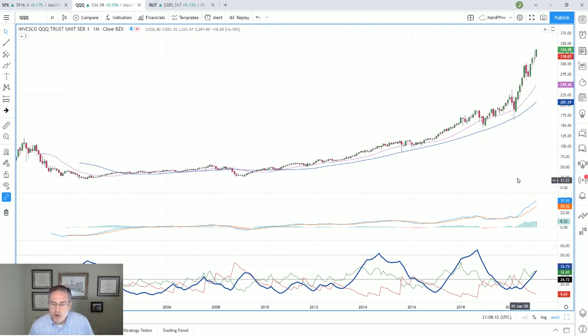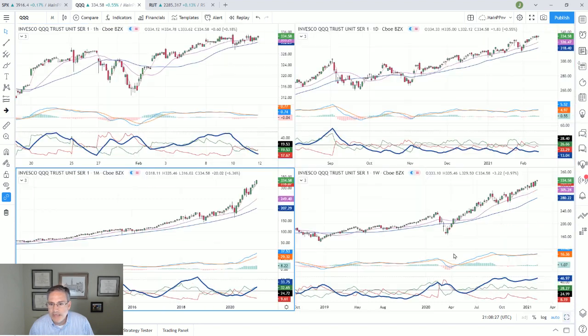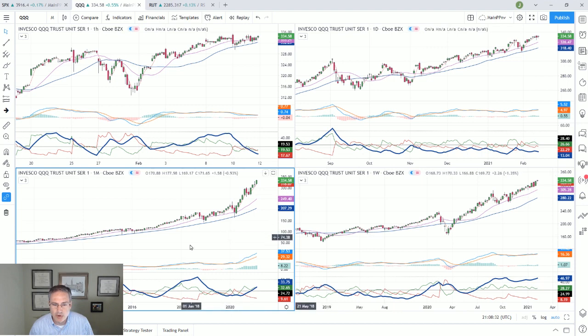We're looking for one of two things to take place. Either momentum divergence to kick in and give us some kind of a confirmed signal of a peak, or a climax pattern where we get some kind of a blow-off move. And neither one of those is in place right now. From what I can see on the monthly chart, it's a little bit more dangerous, obviously, because of how it's been running. But one thing to keep in mind: if we are going to end on a climax, there's a lot more upside coming. I know I've said that the last few weeks, so I wanted to make sure you understood why I was saying that.